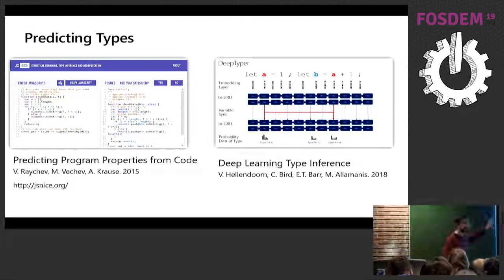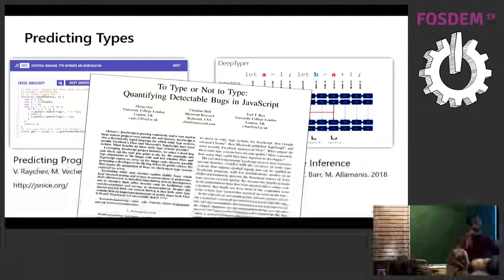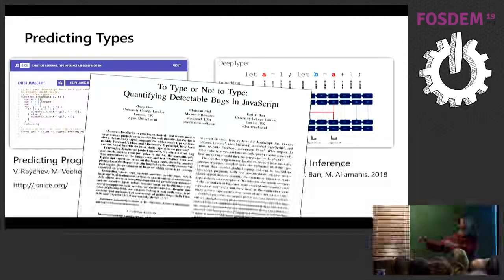And this is an interesting part because it means that machine learning is starting to understand the nuances of how we use the code and what things mean about the code. Also, regarding adding types, there is an interesting paper that came out by some colleagues from UCL and Microsoft Research in the US, where they found essentially that if you take a JavaScript program and you manually add type annotations, about 15% of the bugs that were eventually caught somehow would have been caught if you had type annotations to start with.